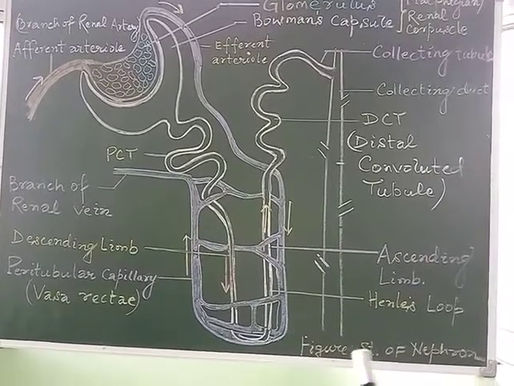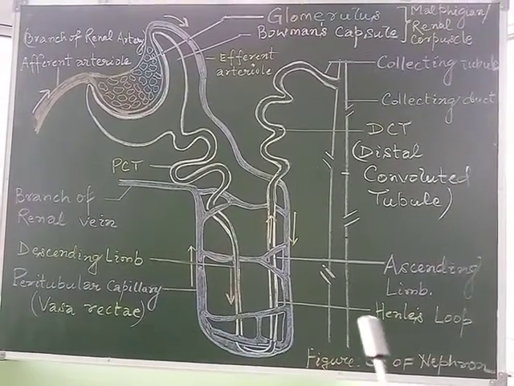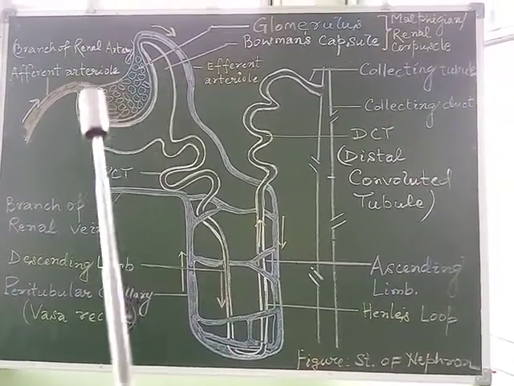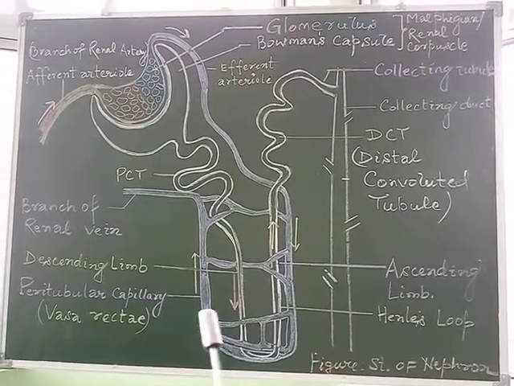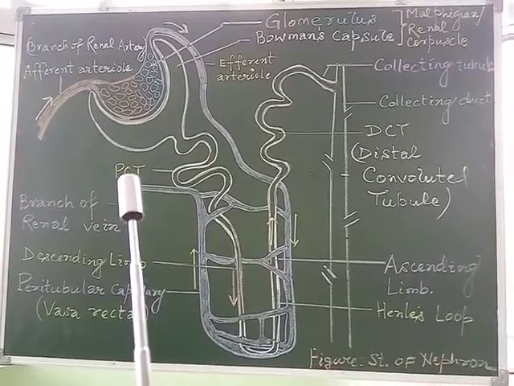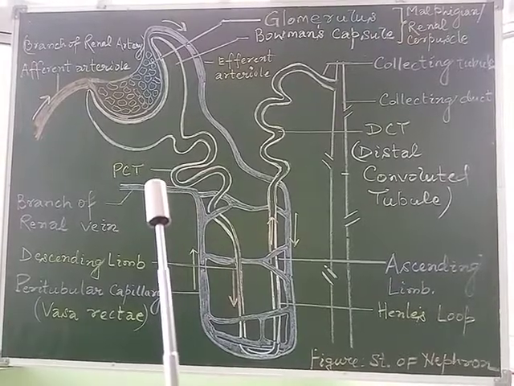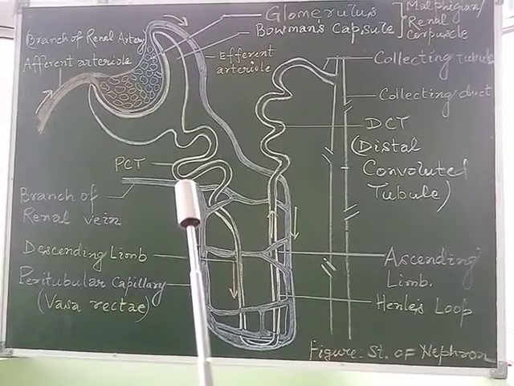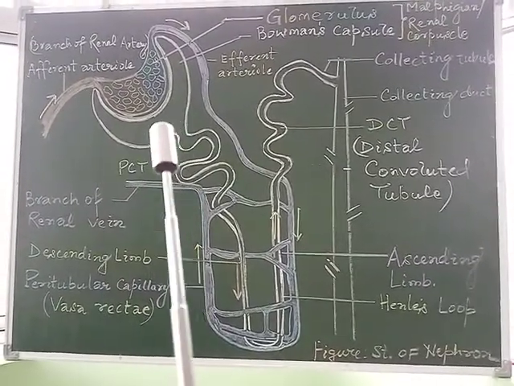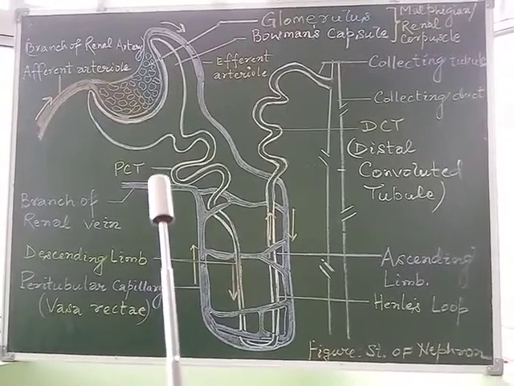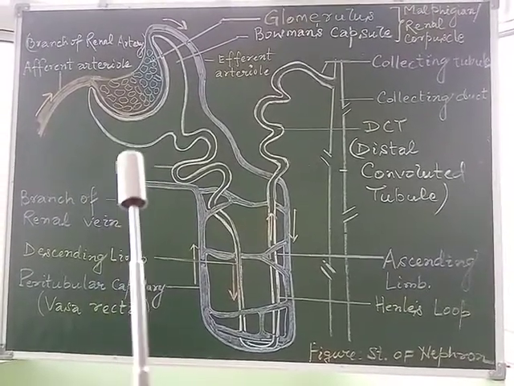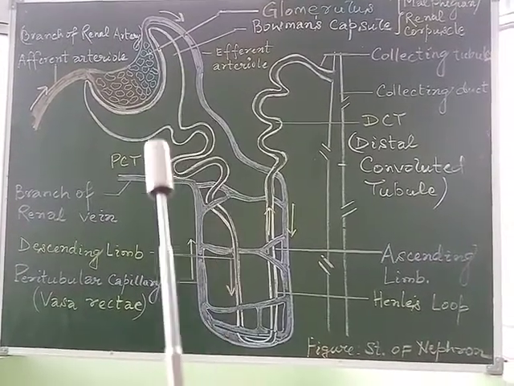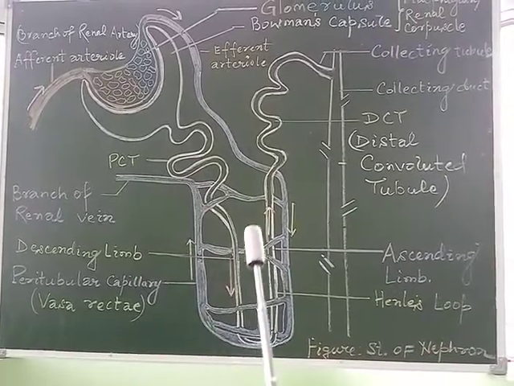So, this is the structure of the nephron. Here, we may observe that the nephron is the structural and functional unit of the kidneys, present more than a million within each kidney. If we go through the structure of the kidney, we have discussed the different regions, the cortex region and the medullary region. Within those areas, these filtering units, the nephrons, are present.